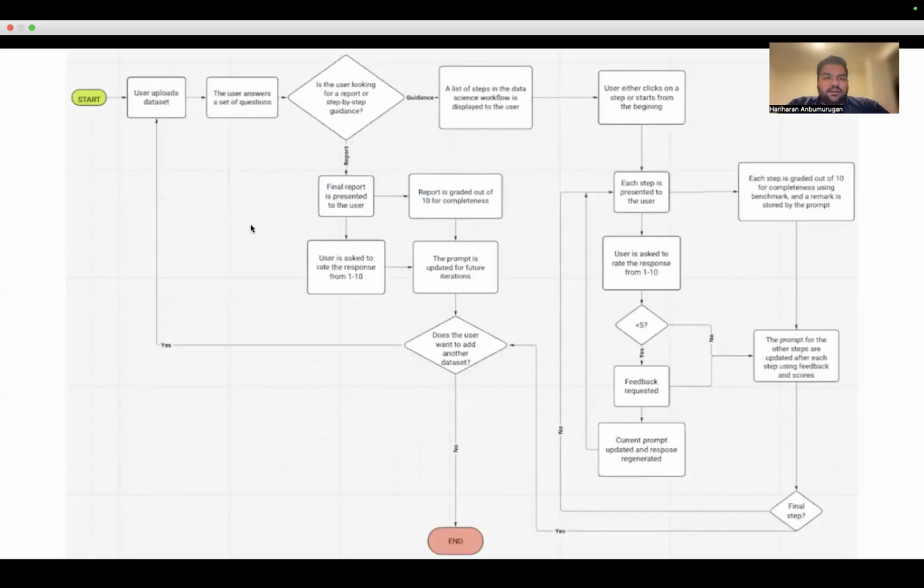So here is the system architecture. We upload the data set and ask the user whether they are an expert, a rookie, or somewhere in the middle, like 1 to 5, so we can respond appropriately. We have the proper way to expose the users to it, and then ask whether they want a report or step-by-step guidance. If it's a report, then we generate the whole report and give it to them,